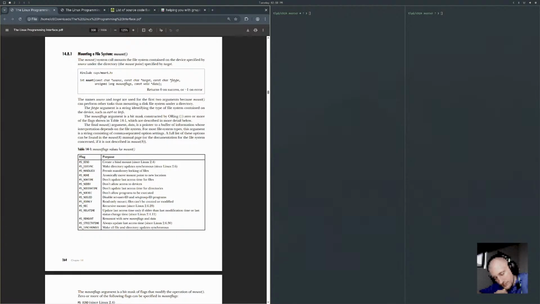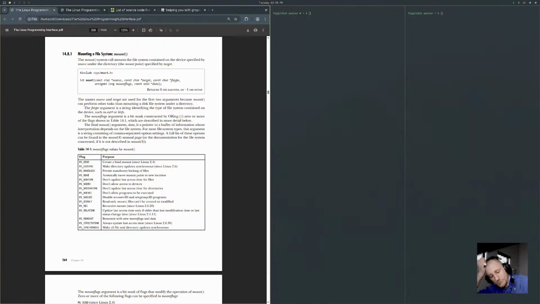So mount flags, values for mount. Bind, create a bind mount. We'll learn about bind mounts later. There is a section on advanced mount stuff. Create a directory named... dirsync, make directory updates synchronous.